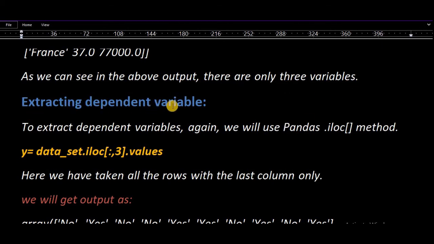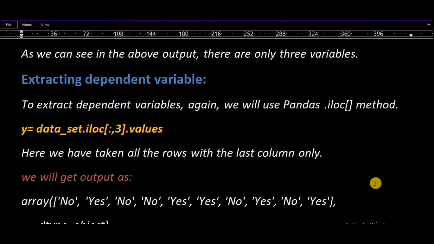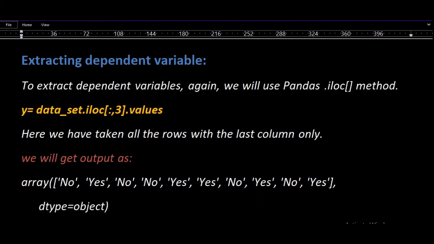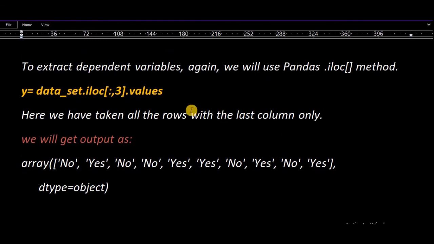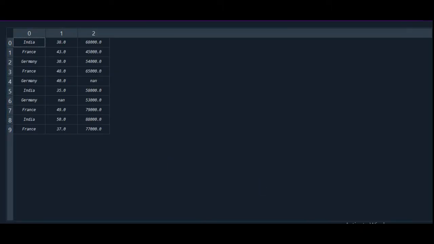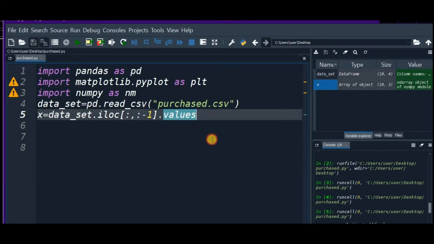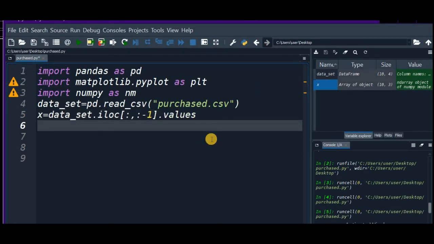Now extracting the dependent variable. To extract the dependent variable, again we will use the pandas iloc method. The same procedure I will apply for the dependent variable also. Here 3 is used for the last column. I am selecting the last column. Now let's start the extraction. I am going to minimize it, and again I am going to take y equals to